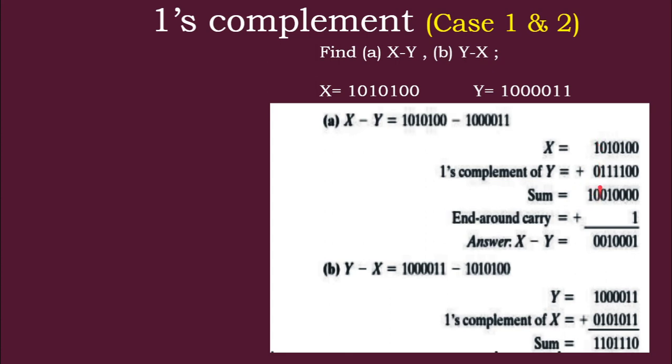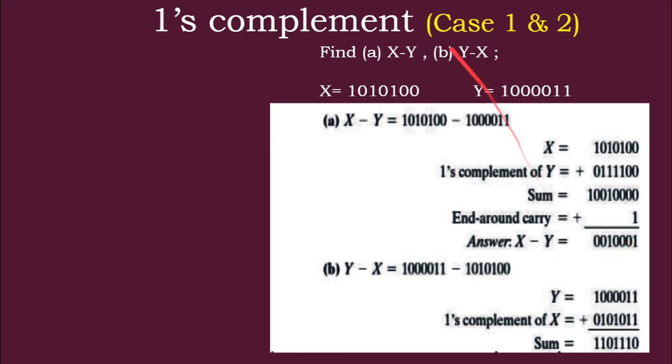Now we can see there is an overflow bit. So this overflow bit has to be added to the LSB. In nines complement we say it should be added to the ones position; now we are saying it's the LSB. LSB means least significant bit. Here this is the least significant bit position. So once you add this, 0 plus 1 is 1, and then the other digits you copy as they are, because there are no values over here. So the answer x minus y is 0 0 1 0 0 1.